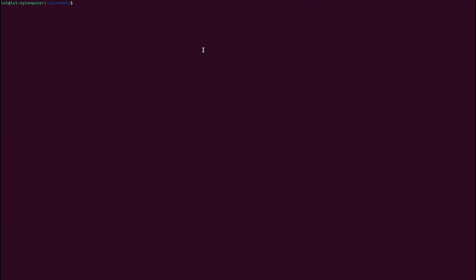Because after the third video, you should be able to understand it at a little lower level. When we write our assembly code, which is humanly readable, it gets turned by the assembler into machine code, which is binary. And of course, in order to execute the code, we need an assembler. The assembler that we will use is nasm, that for now we will install using the apt package